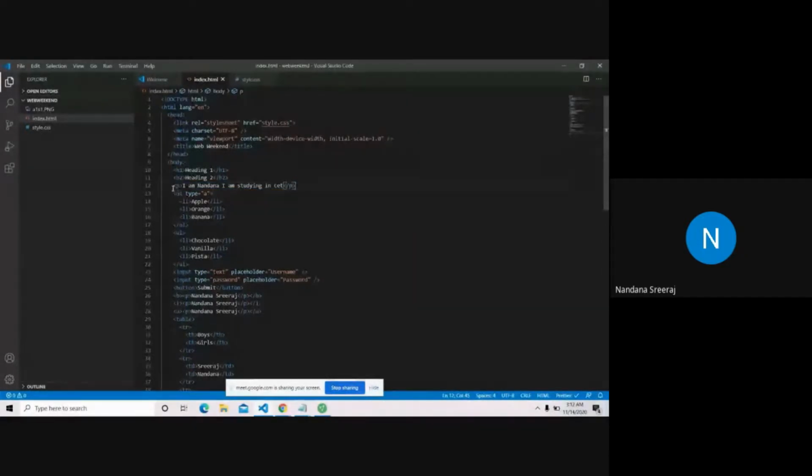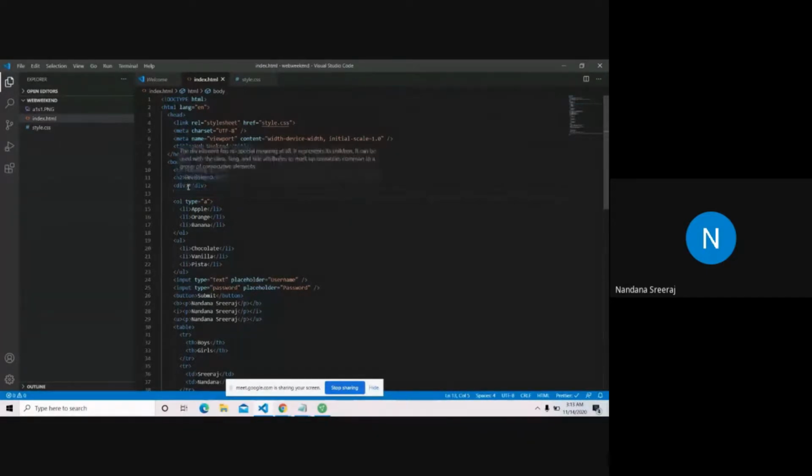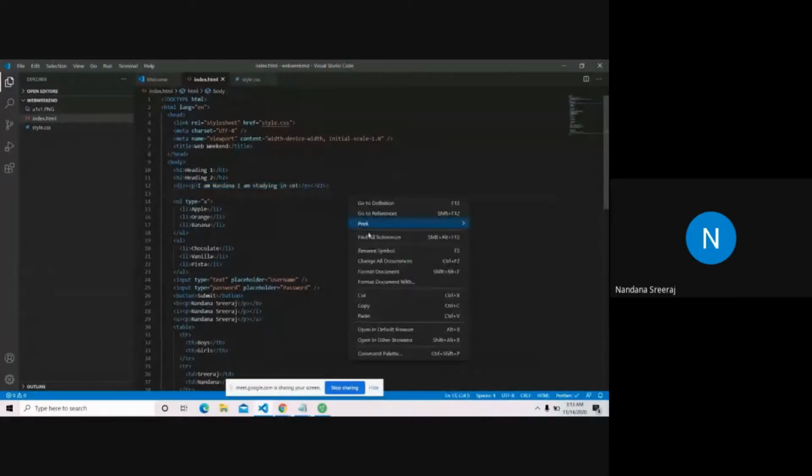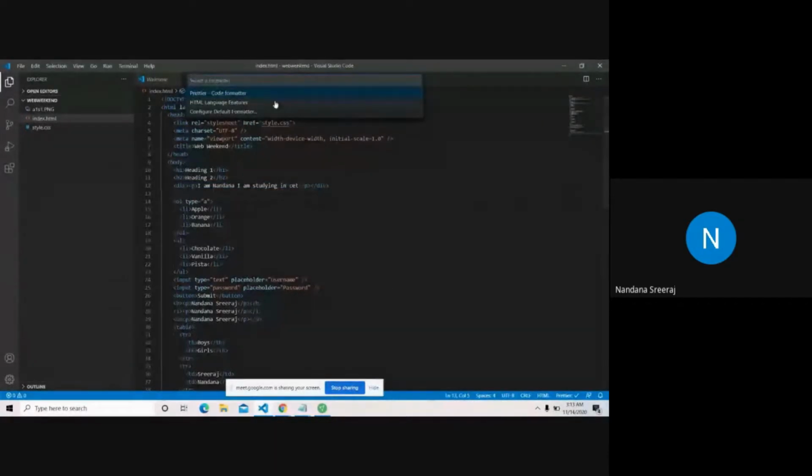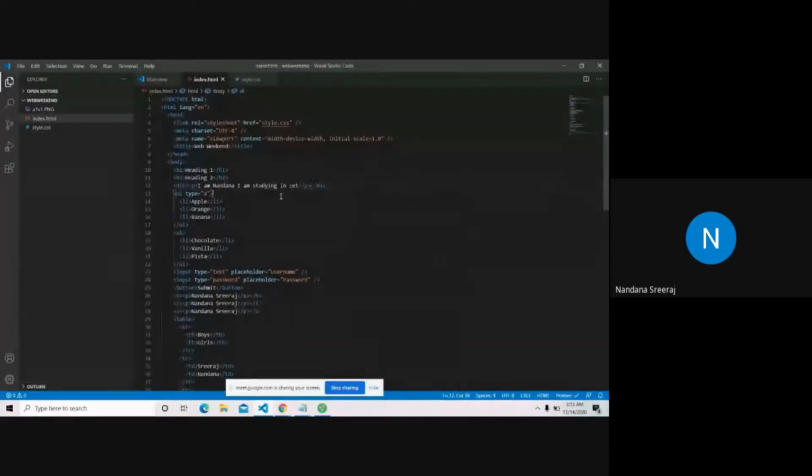So we have the paragraph tag here. I just want to change the color of this paragraph tag to something like yellow. And what I'll do is I'll enclose this paragraph tag in a div tag. I'll just cut and paste this inside. So I just enclosed our paragraph tag, whatever I want to change, inside this div tag. And I'll apply Prettier to make it a little nicer to see. Yeah, I didn't change, it's okay. I've enclosed the paragraph tag inside the div tag.